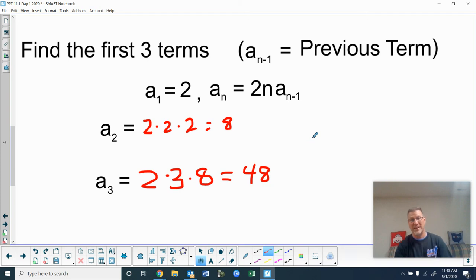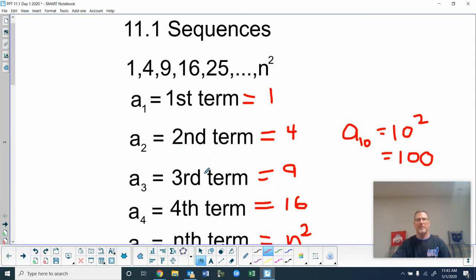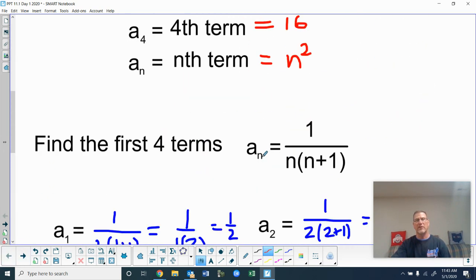Okay, so that's basically it for today. And this is the last thing you're going to get quizzed on, this and then what I show you on Wednesday. Okay, so I have 3 of the first type, where you're just plugging whatever term you're looking for in for n into your little rule and finding your terms. And you have 3